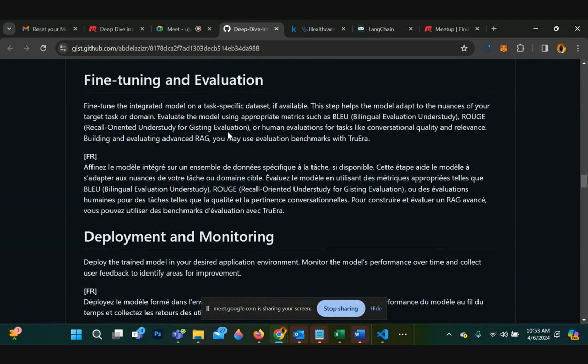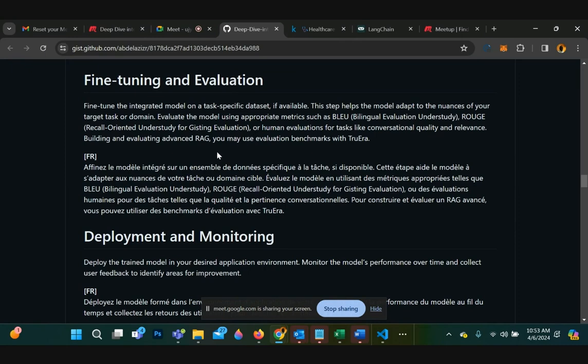There are some metric standards already in place. One is called BLEU, and there's the ROUGE metrics that you have to employ in your RAG to really handle efficiency.